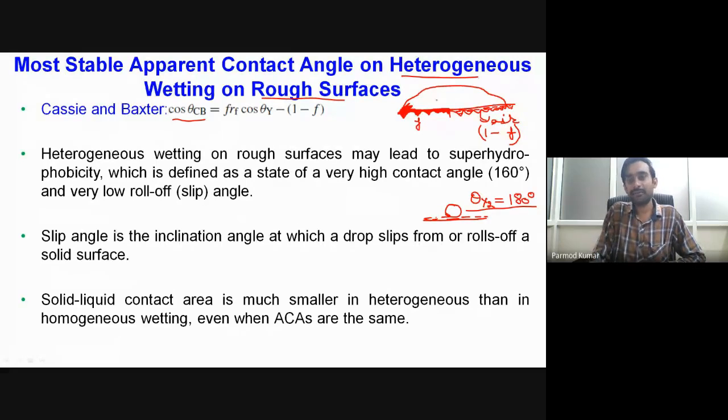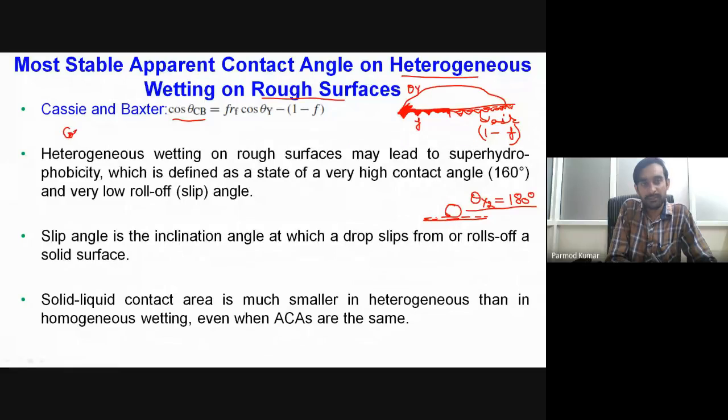And for the first situation, we consider the angle as theta y. Now if we substitute all these things in our previous equation, and also include the effect of surface roughness, because here we have a homogeneous situation where the roughness grooves are also filled with the liquid, what will happen in that case?